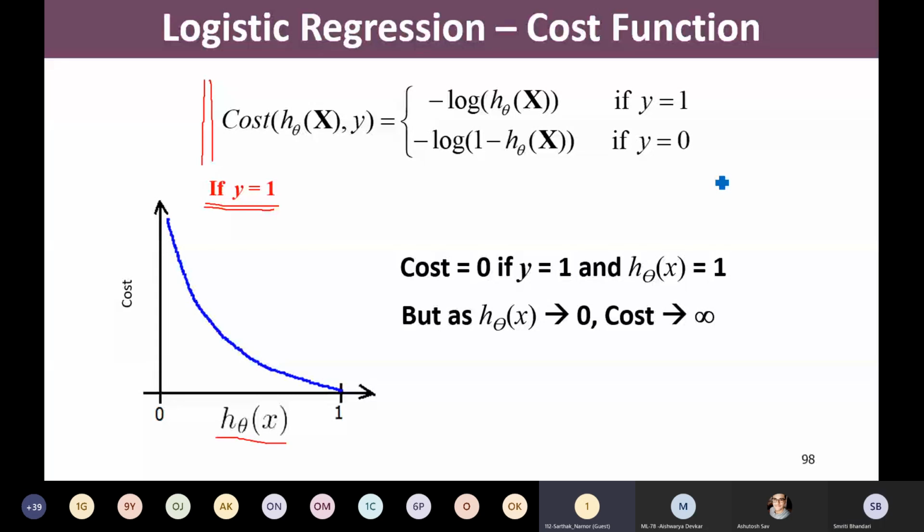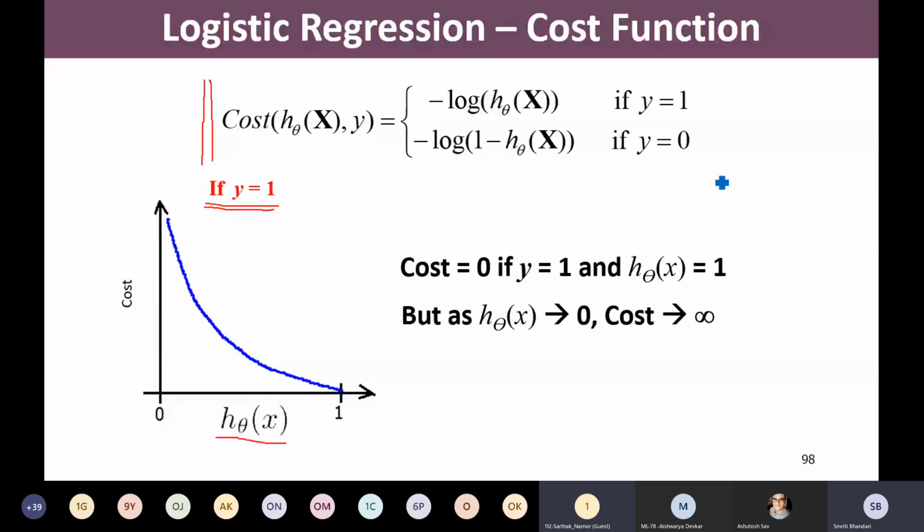Ma'am, here we are taking two conditions, that if y equals 1, y equals 0, means it is a class for classification. Yes, obviously, logistic regression is being used for classification tasks. So these are two conditions for predicting y equals 1 and y equals 0.